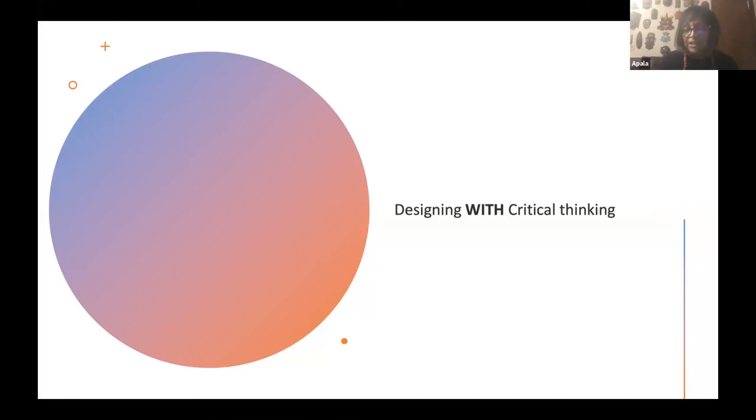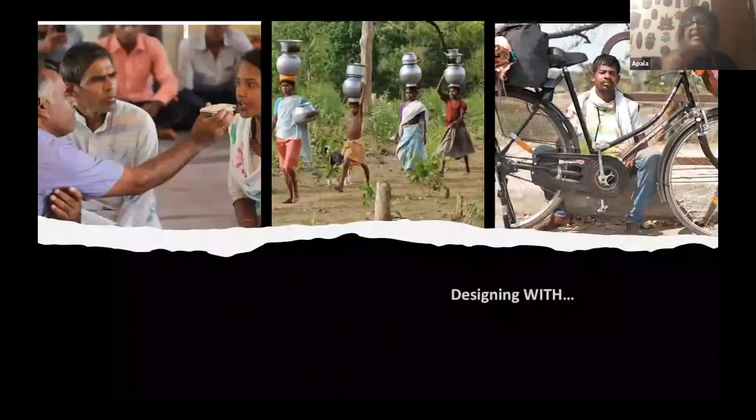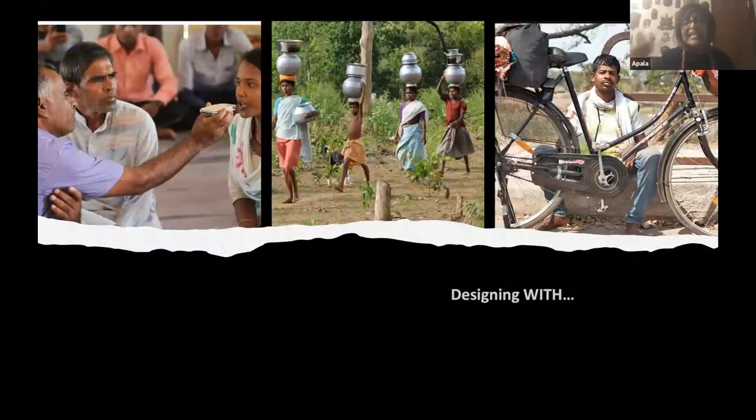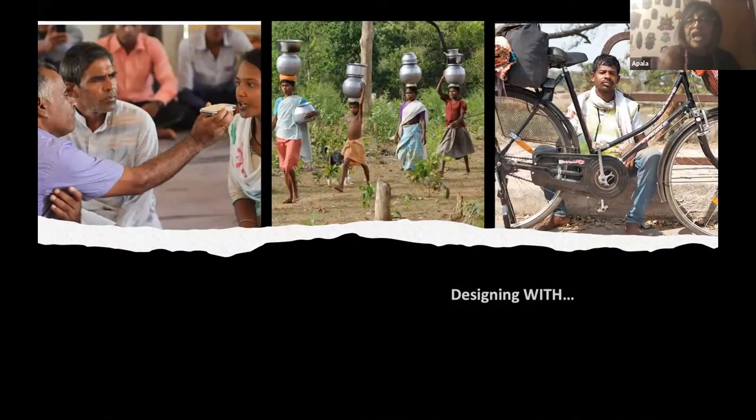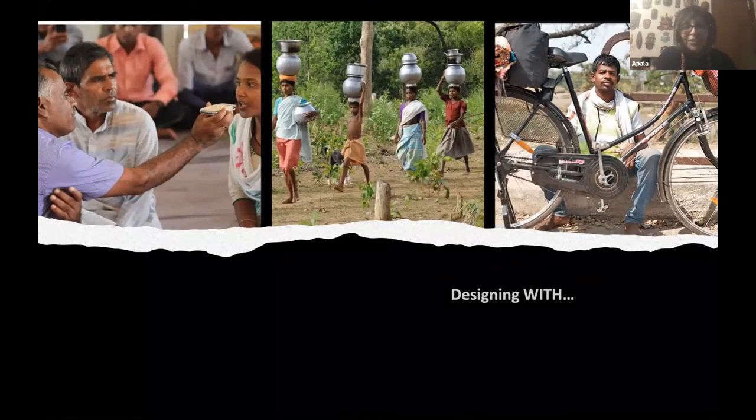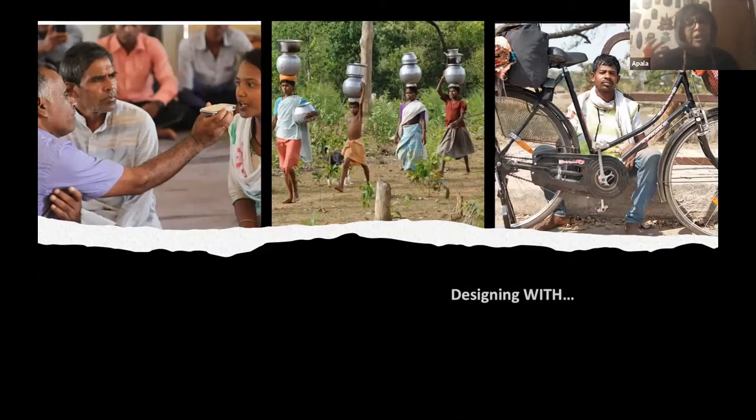And I'll give you a short example. We are currently working on an initiative, designing with a community in central India, in an area called Bastar. That area is very rich in terms of natural resources, but is a very, very poor area because of various structural issues that have prevented people from benefiting equally from the resources that belong to everyone. There's also a huge conflict.